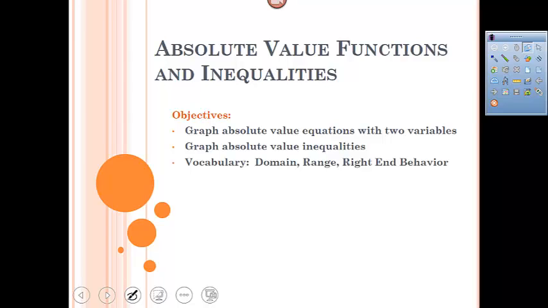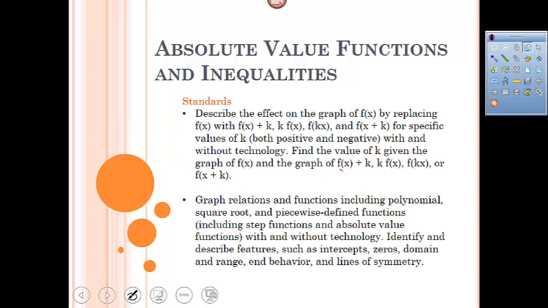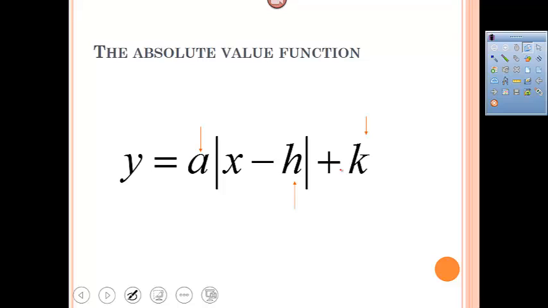Absolute values you have seen before in algebra. These words, domain and range, are going to be talked about a lot in Algebra 2. So these are your standards for Indiana Academic Standards, and we're going to jump right into it. Absolute value function, like I said, you have seen this before in Algebra 1, but we're going to go into